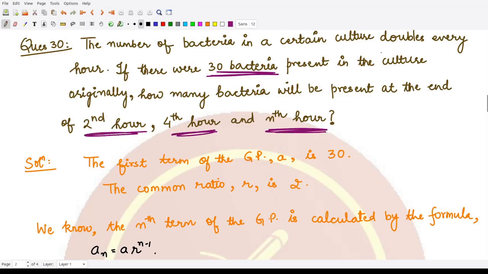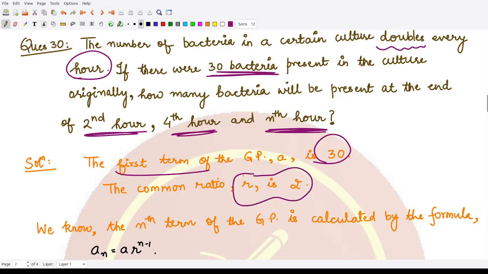So they are growing double each hour, right? So hour is the counting unit. So the first term here of the GP is given to be 30, correct? And they are getting double each hour. So the common ratio would be 2. Now you know the value of the first term, you know the value of the common ratio. You can very easily calculate what is the number of bacteria present at the second hour, the fourth hour and